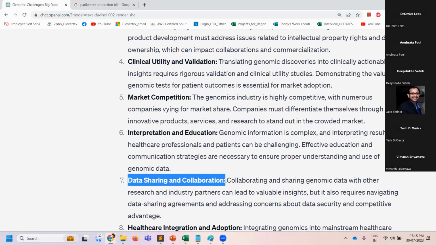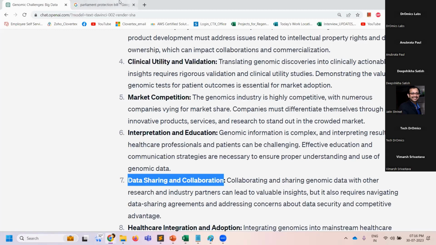Data sharing and collaboration. Just to share one fact about it, what is this and why is this a challenge? Assume I am working on NGS data of 100 or 200 samples for a cancer, and tomorrow another person wants to work exactly where I stopped. I stopped after getting the mutations, and the person wants to start from the mutations and get the biomarker. In this case, he can use my data, right? So I can share the data or collaborate on the data instead of starting everything from scratch.